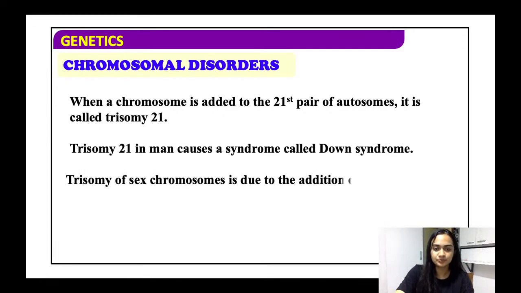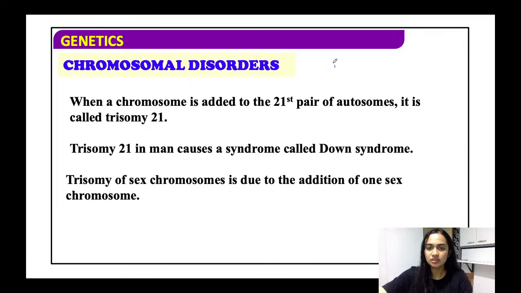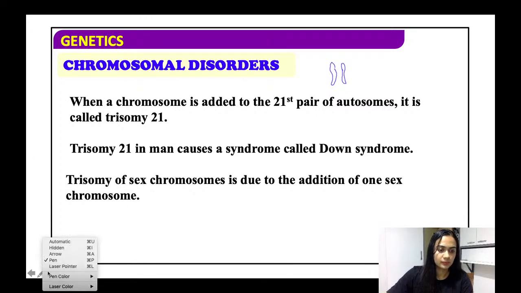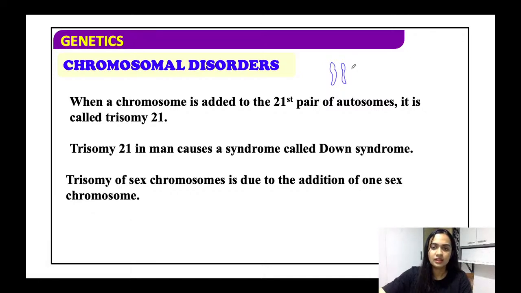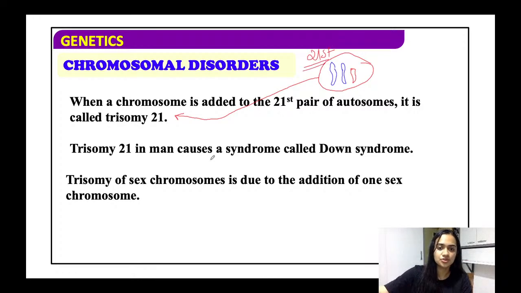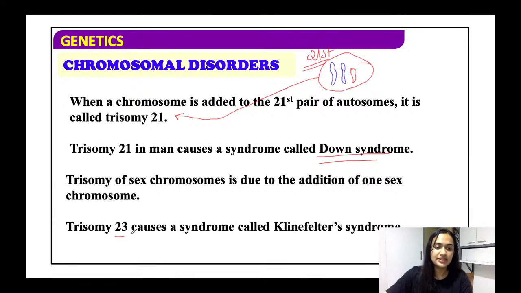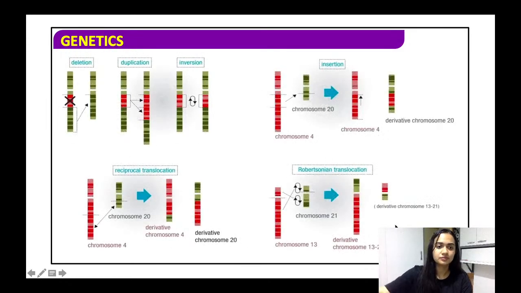Trisomy basically मतलब क्या? जो 21st क्रोमोसोम है ना, ये देखिए ये होता है एक पेयर। अब इसमें एक और क्रोमोसोम ऐड हो गया। इस कंडीशन को कहते हैं ट्राइसोमी ऑफ क्रोमोसोम 21। ये पाया गया 21st क्रोमोसोम में, ठीक है? और इससे क्या कॉज होता है? डाउन सिंड्रोम। ट्राइसोमी ऑफ सेक्स क्रोमोसोम, फाइन, ट्राइसोमी ऑफ क्रोमोसोम 23, जब यही कंडीशन ऑफ ट्राइसोमी पाया जाता है 23rd क्रोमोसोम में, इसे कहते हैं क्लाइनफेल्टर सिंड्रोम।